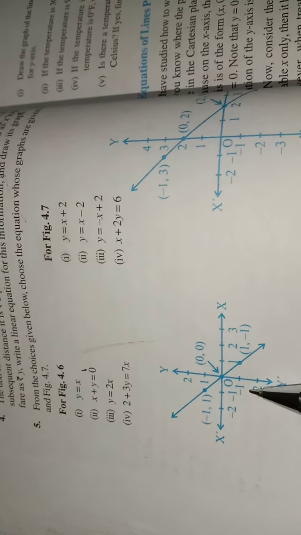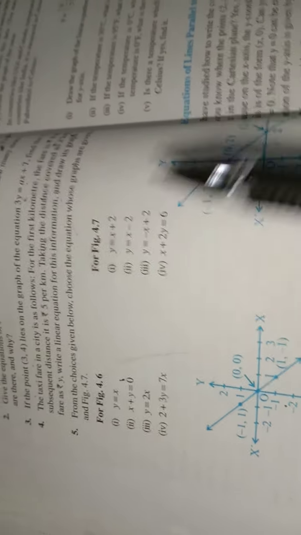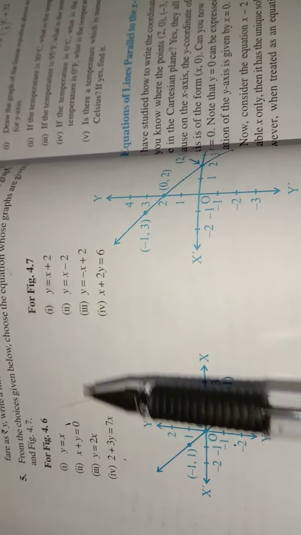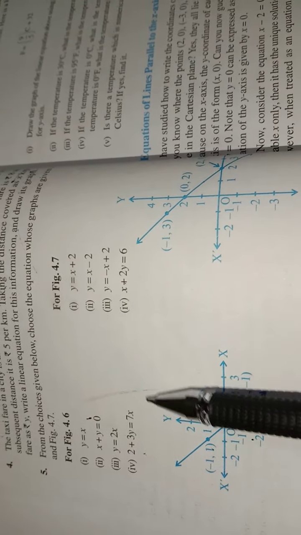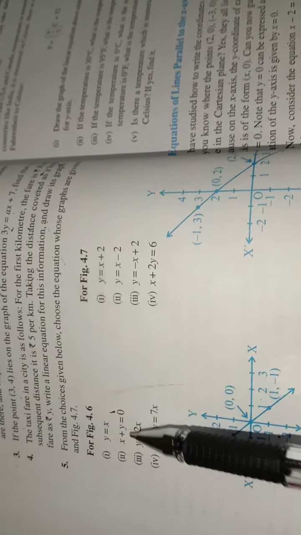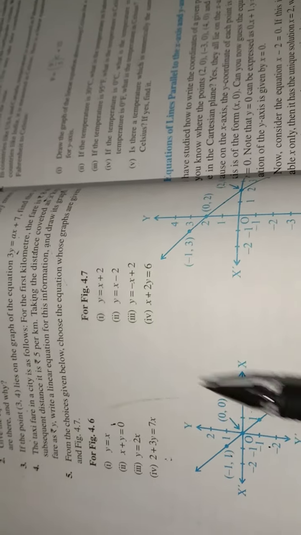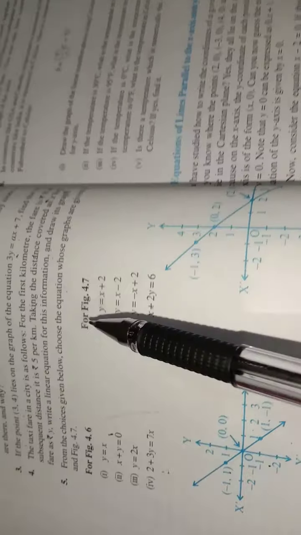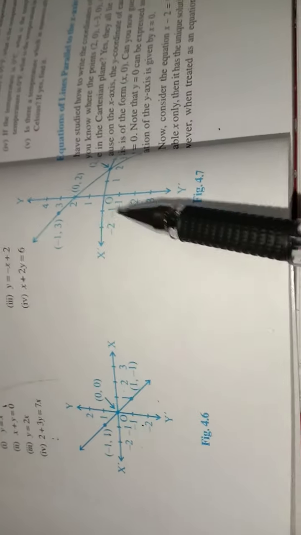Now question number 5, I am giving as an assignment, because from the given options you have to consider which given equation these two straight lines belong to. So dear students, you need to do something on your own as an assignment. Take the values of these equations, put them in simultaneously, and you will come to know which of the given equations has the straight line in this question as well as in this question also. Figures 4.6 and 4.7. Do it. For any query you can ask me. Now let's move to question number 6.